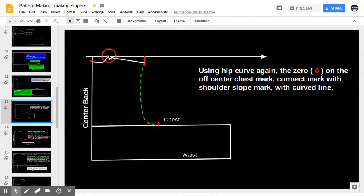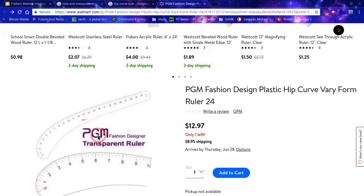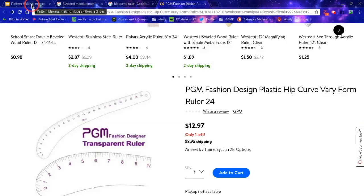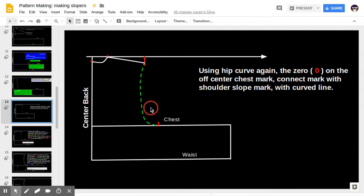All right, you see what you got here, your neck and your shoulder. And you take your hip curve again, and we're going to use this tip right here again, right? But this time, you see the 9 is around here, 0 down there. Now, with the back, most of the time when I do it, it's perfect. I will put the 9 right here at the shoulder, end of the shoulder right there. And when I move around, I try and get the 0 to touch my back chest mark on the chest